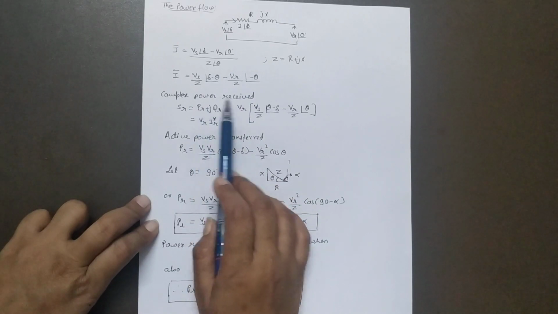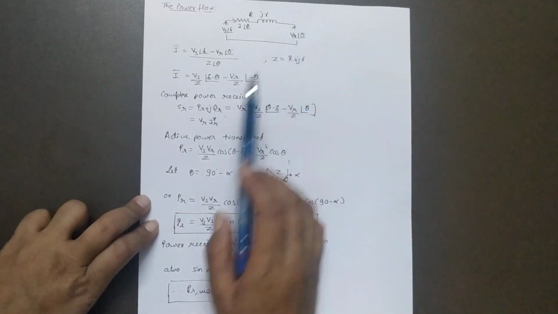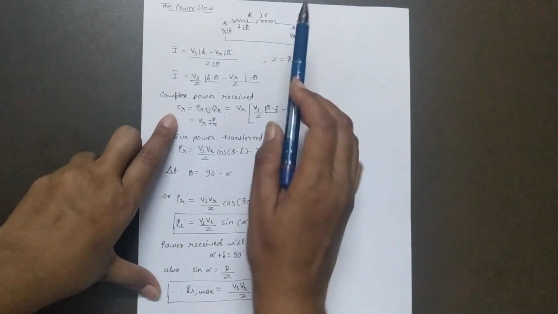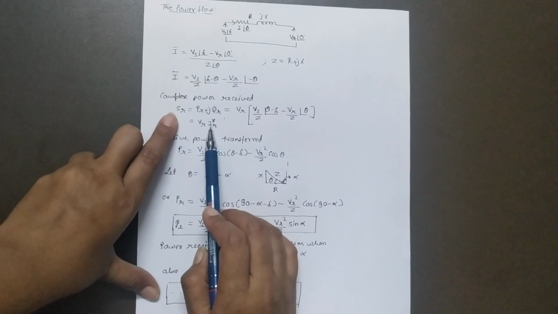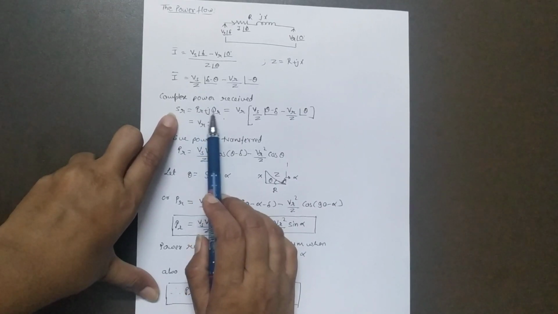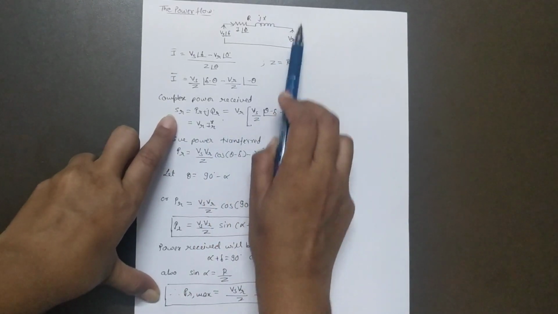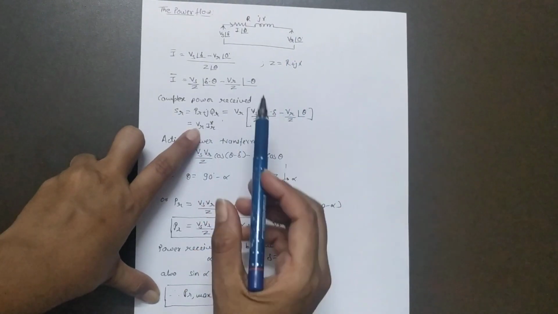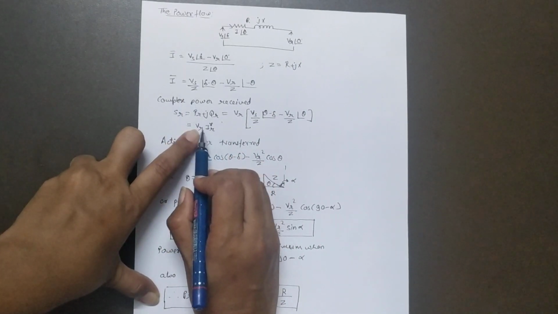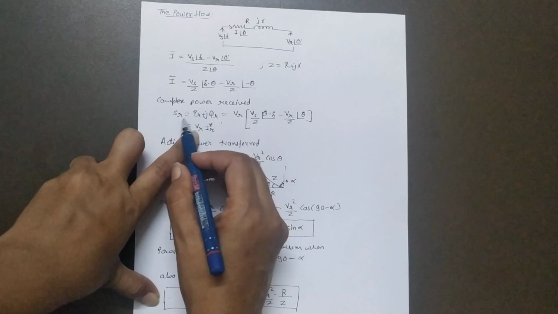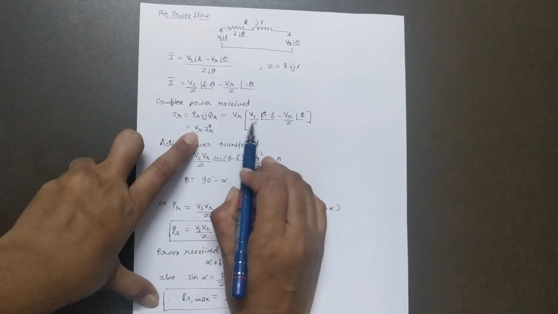Now the complex power that will be received at this receiving end is given as SR. It is equal to VR and the conjugate of IR, or it is PR plus jQR, where PR is the active power and QR is the reactive power at this receiving end. Now substituting the expression of this current in IR and multiplying it with VR, it gives SR. So here the expression is written.